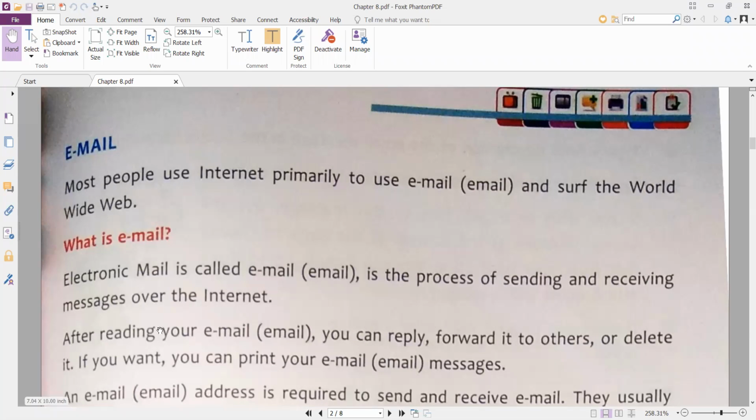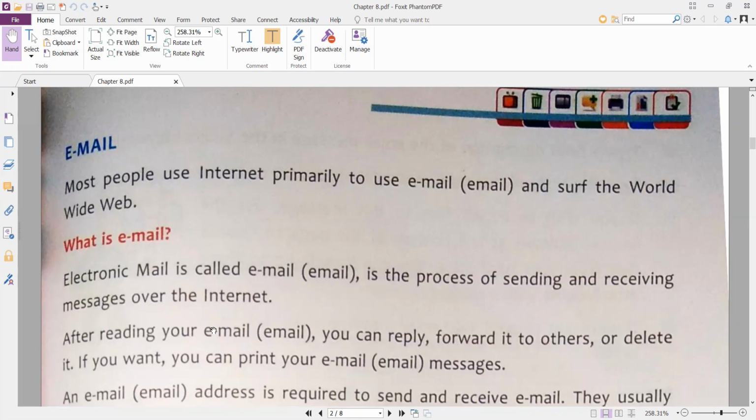If we talk about 15 or 20 years before, if we wanted to send our message to anyone, we were totally dependent upon the post offices. We were first writing the letter, and keeping it in the envelope, and then we had to go to the post office and post our letters.